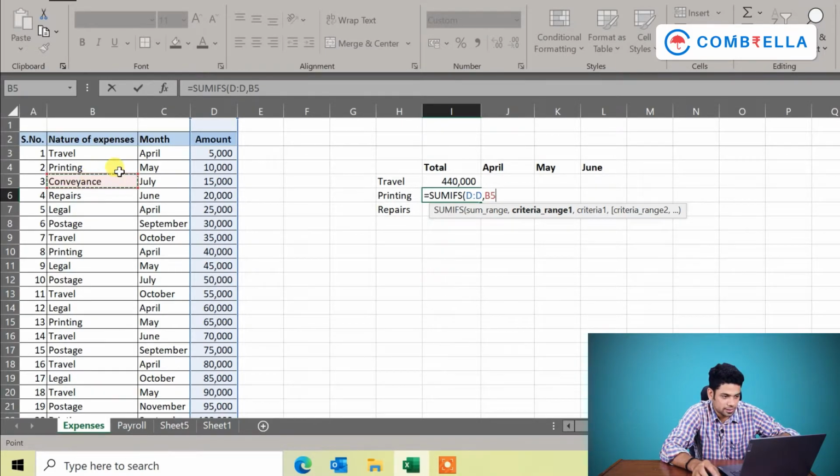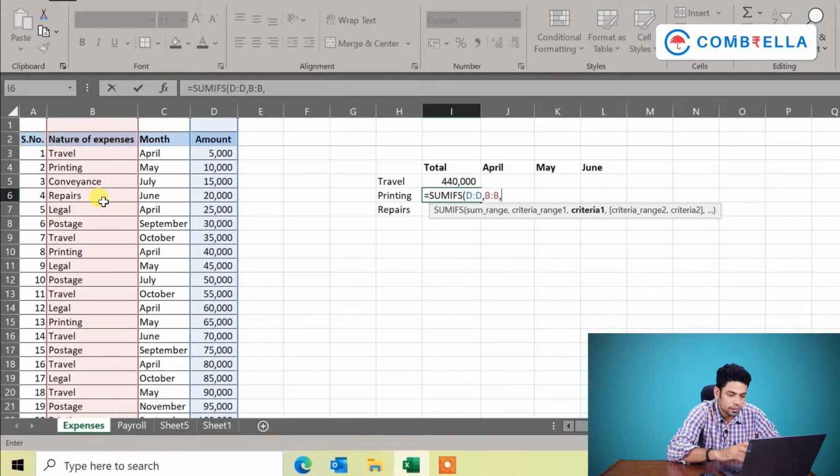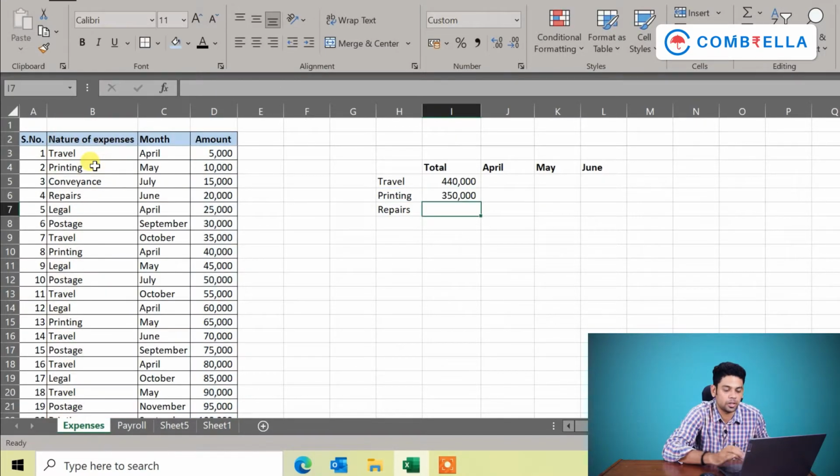So I go here, select the expense column, the entire column, then comma. So criteria range was this entire column where expenses were, and then I have to select criteria 1. What is the criteria I want? I want a printing expenses total. After this, press enter, and you will get this printing expenses total.